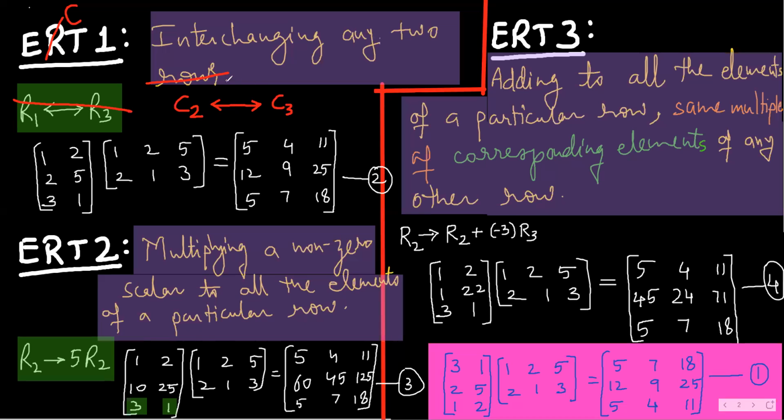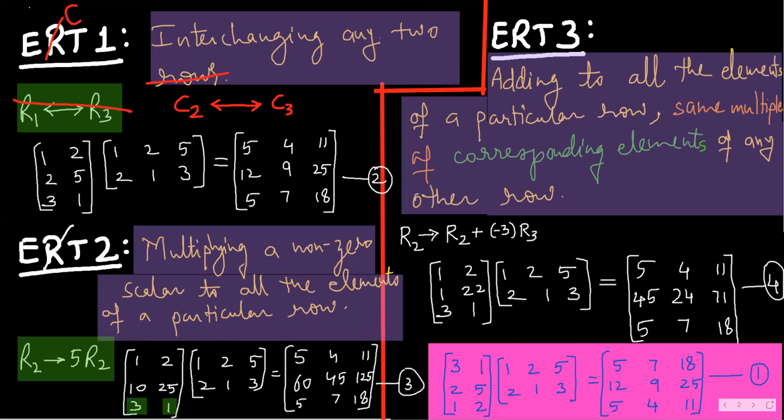We are applying this on equation 1. I told you equation 1 is here. So we will apply ECT on equation 1. That is, I'm going to change column 2 with column 3. Here you have column 2 of the post factor matrix and column 3 of the post factor matrix. So they will be interchanged with each other. And then whatever you do here, you will do the same on the RHS matrix. Okay, this is ECT1.